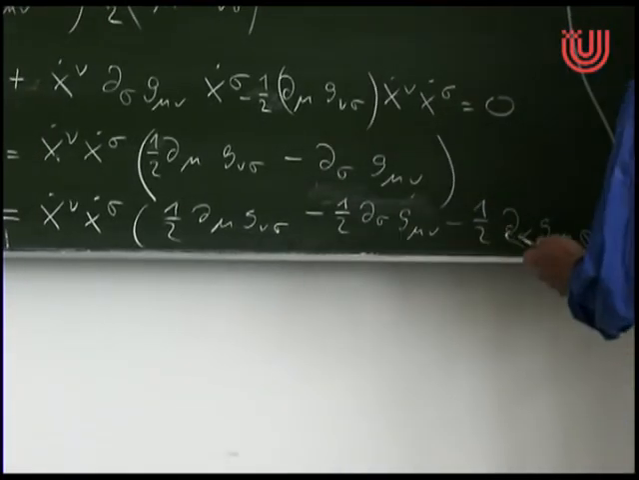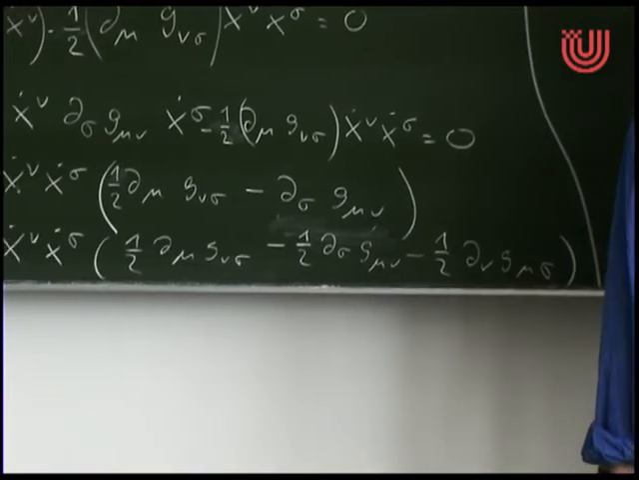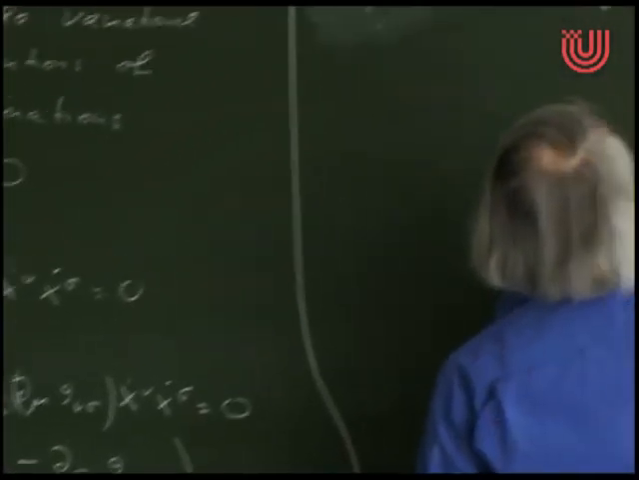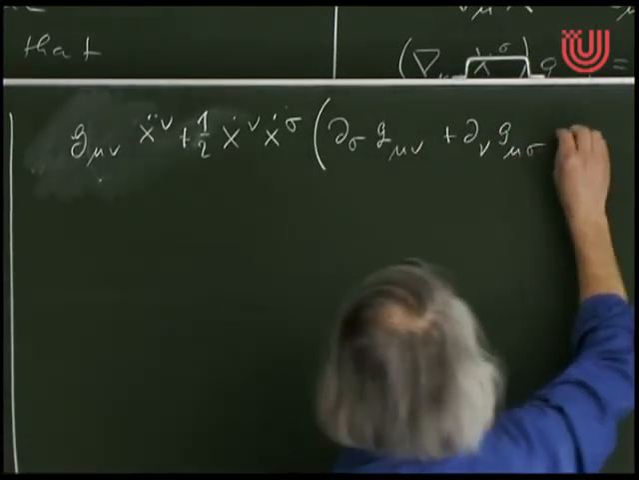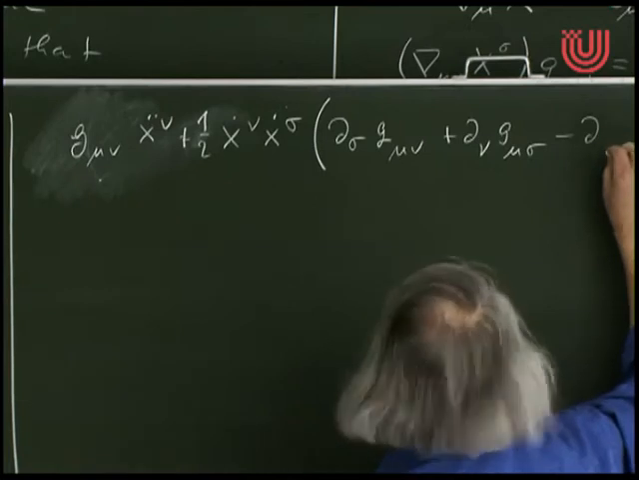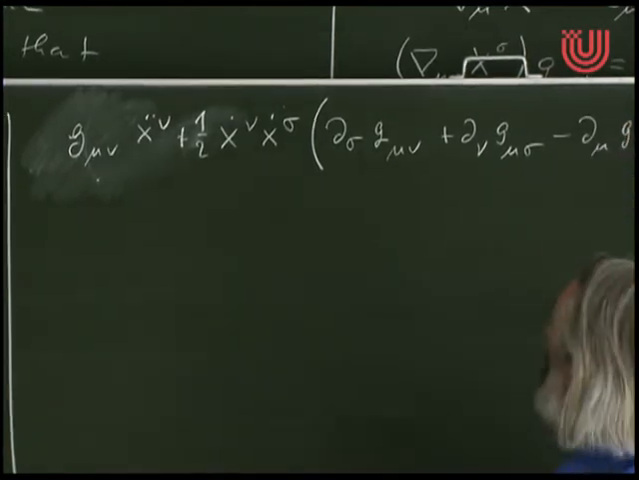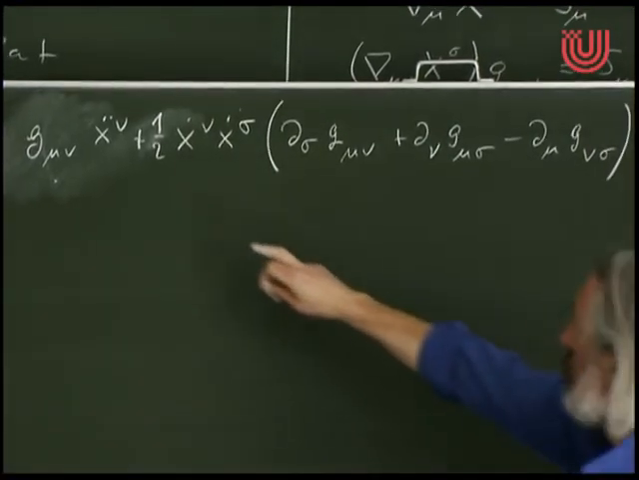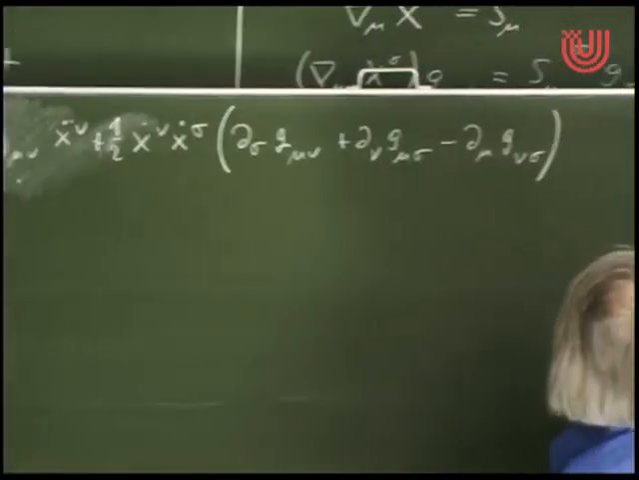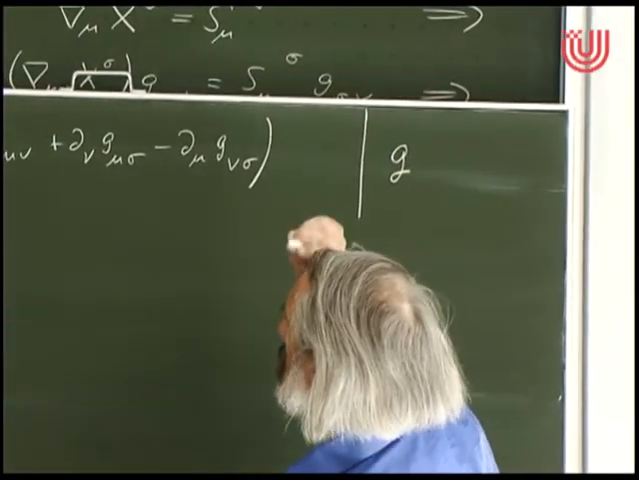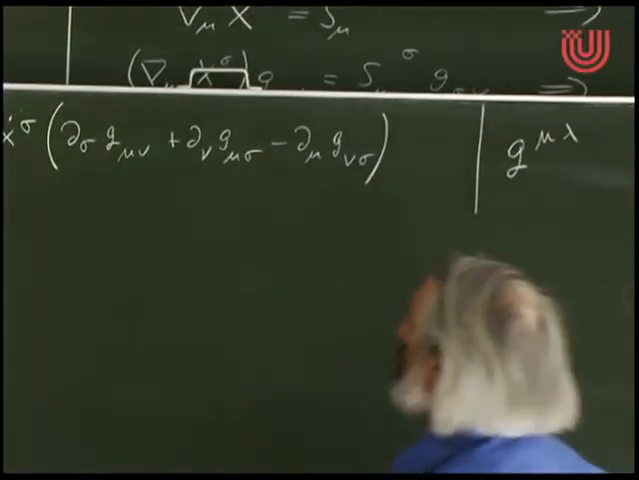And I have these two with a plus, d sigma g mu nu, plus d nu g mu sigma. And then I have this with a minus sign, minus d mu g nu sigma. Okay. And then I want to solve for the x nu double dot. So I would need an inverse of the metric with what indices? The mu is a free index, so I need an upper mu, say g mu lambda. So then I get here